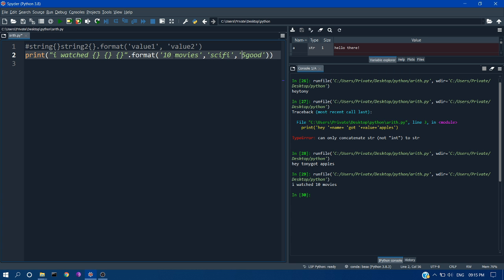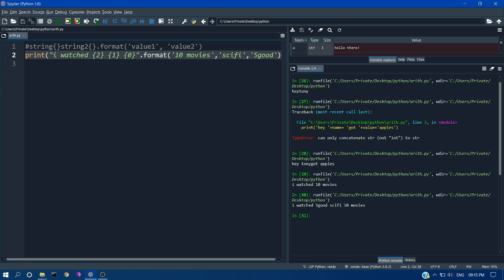Inside the dot format, the indices will be 0, 1, 2, like a list. I'm passing them to make a meaningful sentence, so this comes first: 2, 1, 0. Now if you run this, you can see I watched 5 good sci-fi movies.